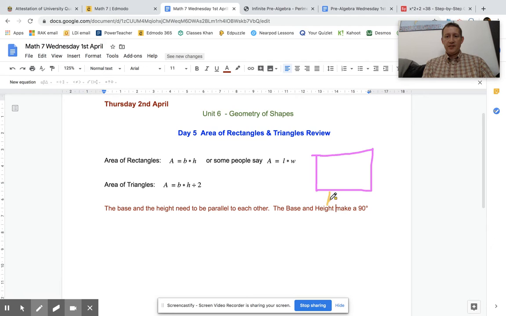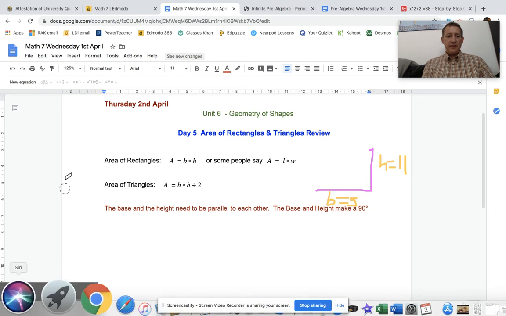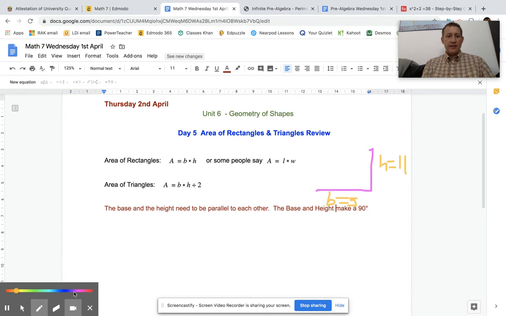Let's say the base here is 5, and the height over here, or the width, is 11. Okay, well, what would happen if I take my eraser and I just erase half of that area? I erase half of the rectangle,